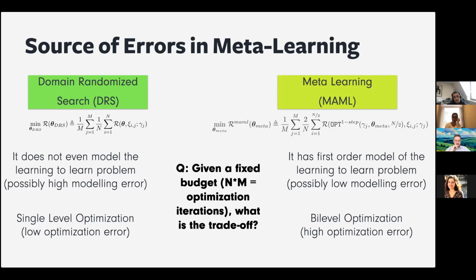And the question that we can ask is, if I have a fixed budget, which one matters more? If I can only afford to use m tasks and n data points per task, which one should I choose and which error dominates the other one? So this is the problem definition. I'll first describe some empirical results and then some theoretical results. But before that, it might be a good time to ask a question if the setting is not clear.